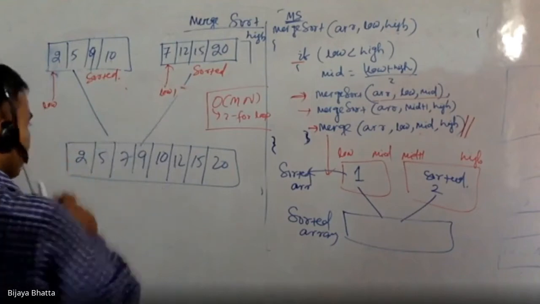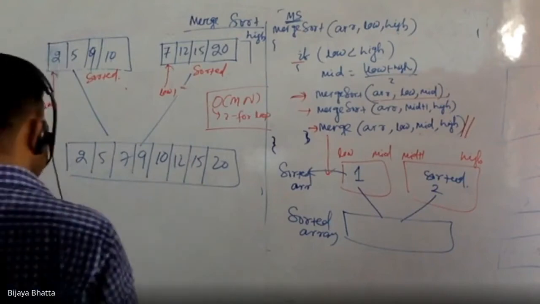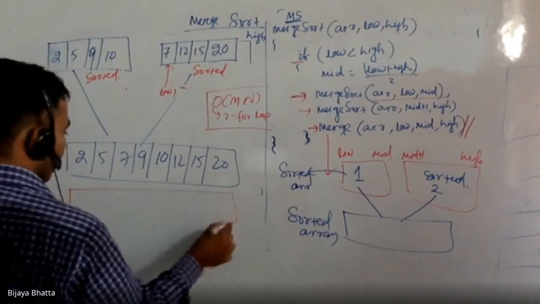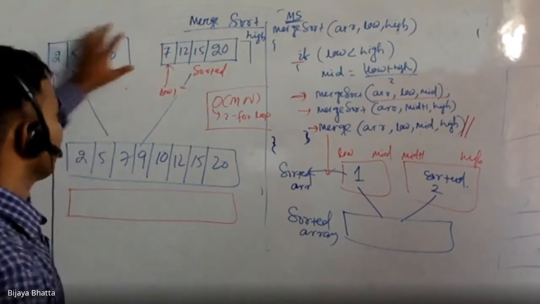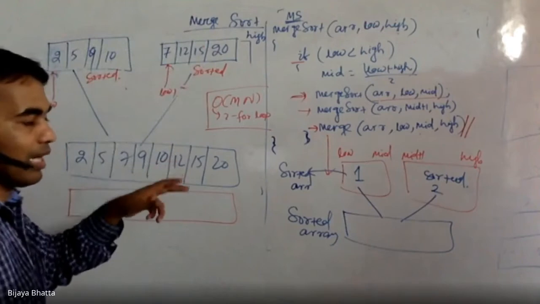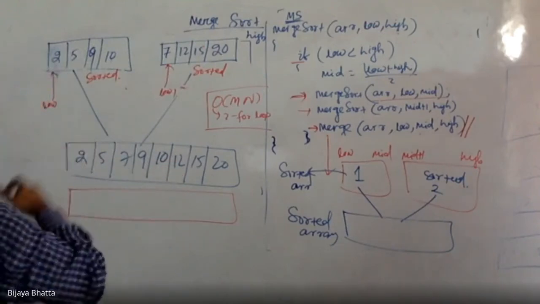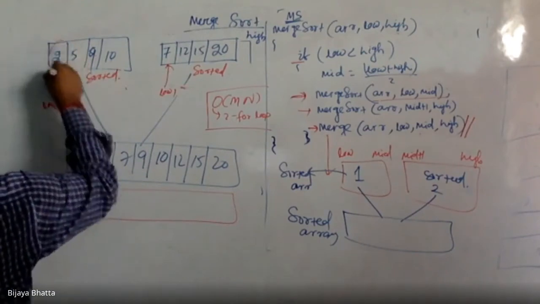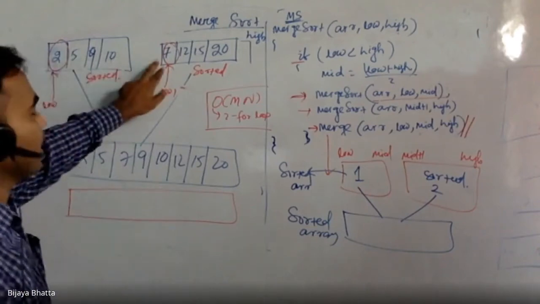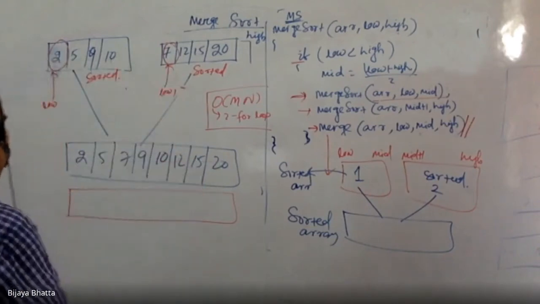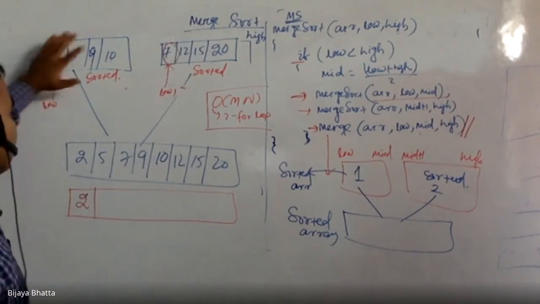If you think about it this way, I'll ask you, tell me where is the smallest element present. Do I need to traverse all the array in order to find the smallest element? The answer is no, I don't need to. Why? Because the smallest element must be present either here or here. Only if I compare these two elements, whoever is smaller, I can treat that one as the smallest element. I'll repeat this. Why? Because this is already in sorted form.